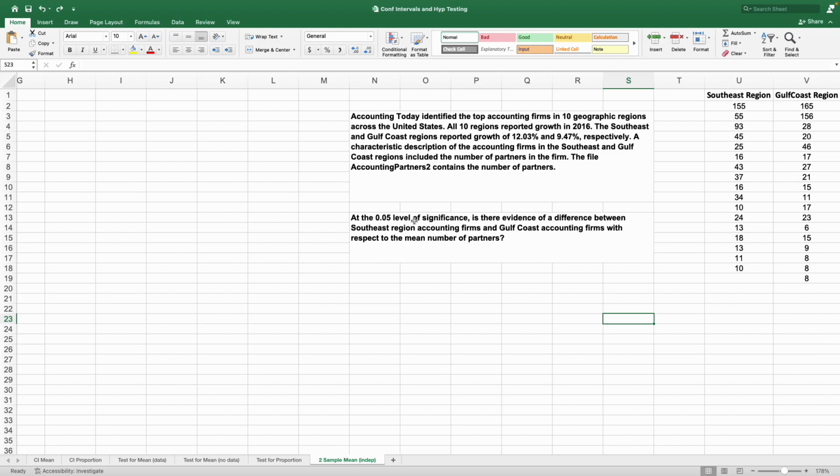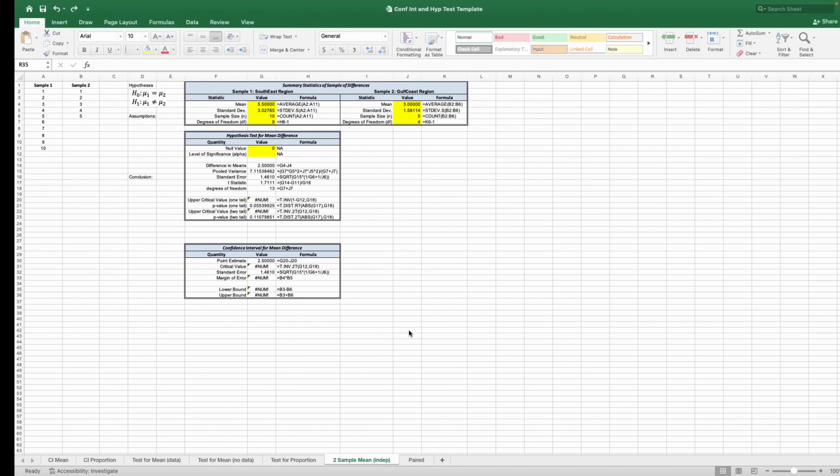So at the 5% level of significance, is there evidence of a difference between the Southeast region and Gulf Coast region with respect to the mean number of partners? Okay. So as before, let's go to our template. So I've got the template here,